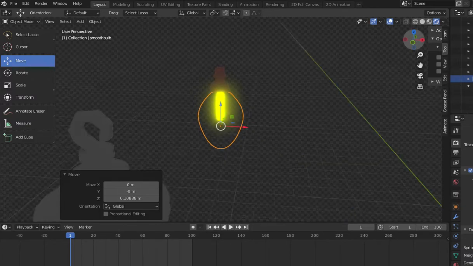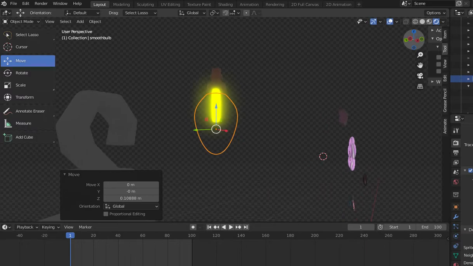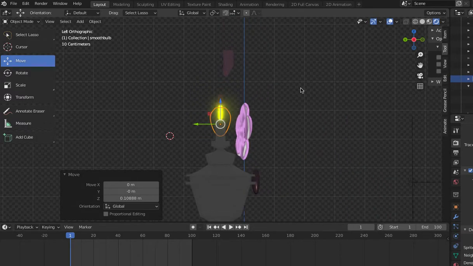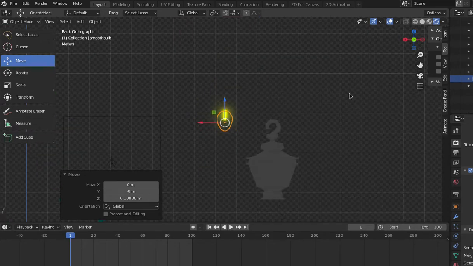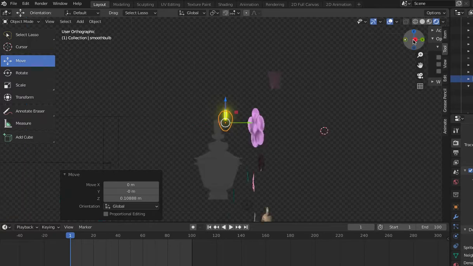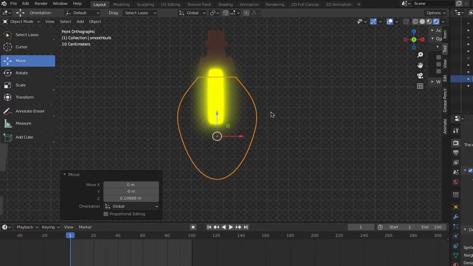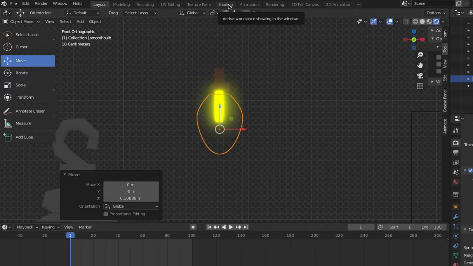That's from the Eevee, and it looks like that. This is the back view, the front view for Eevee, and I'm going to go back to the shading render,